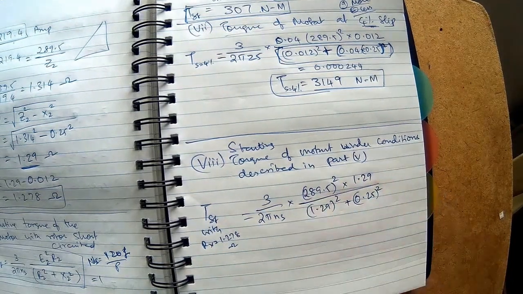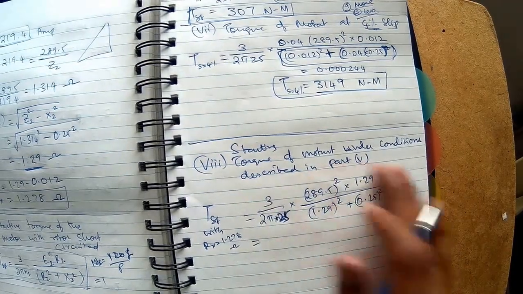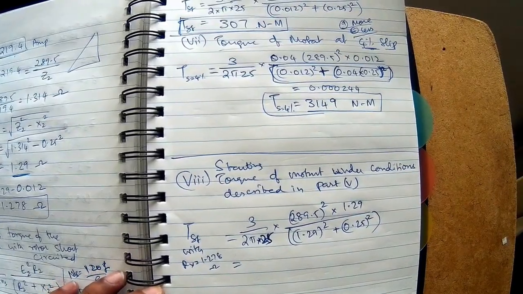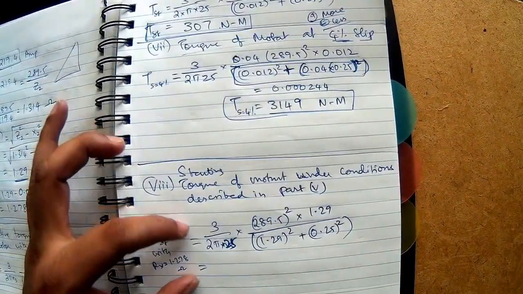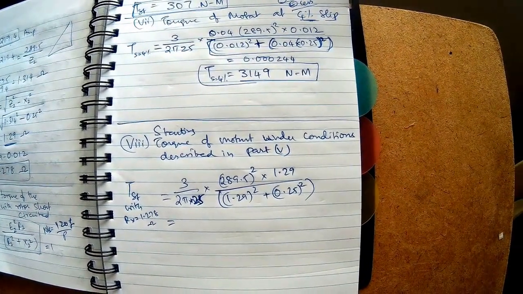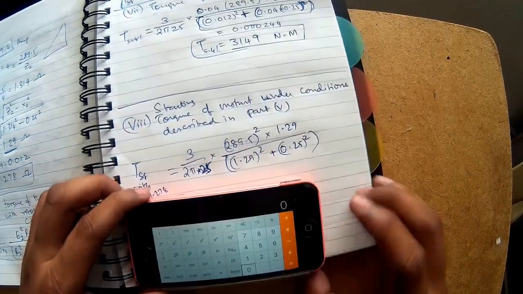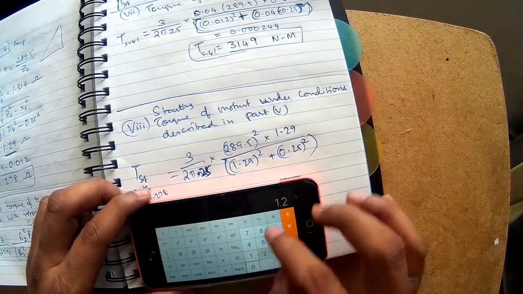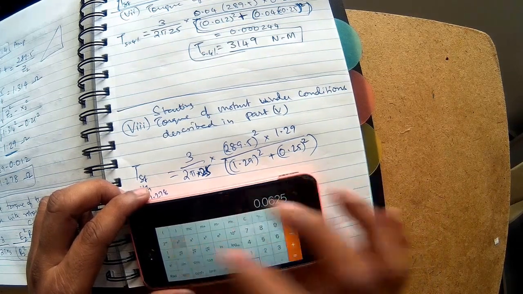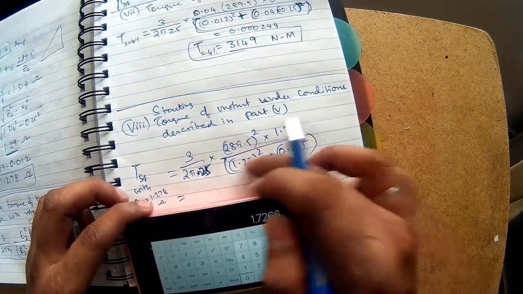So we had some changes in the numbers here. So all the numbers are there. Let's calculate it and see what the answer will be. Again I am asking the question, is this quantity more than 307 or less than 307? Think about it, frame an answer in your mind and then we'll verify what the numbers say. Okay, let me calculate this. 1.29 square plus 0.25 square is equal to 1.7266.